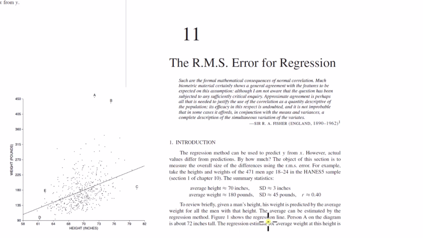Figure 1 shows the regression line. Person A on the diagram is about 72 inches tall. So here's person A. Person A and person B are arguably outliers. Those are way outside of the main cloud here. But what they're saying is that what we want to think about is the error of these or